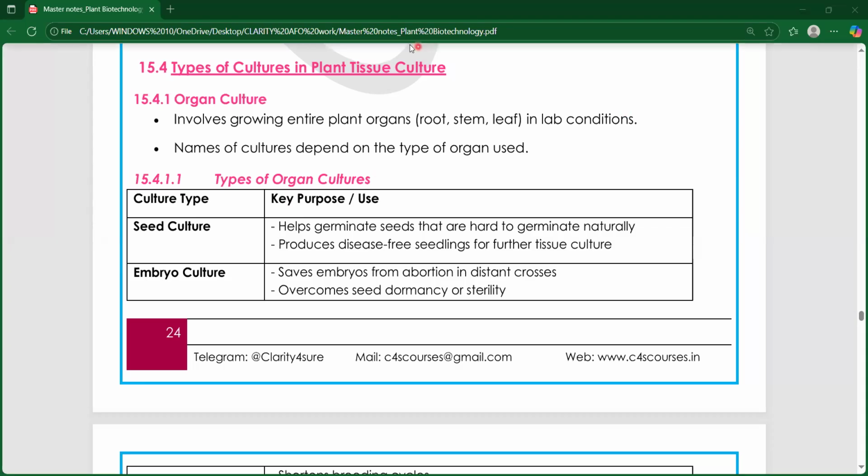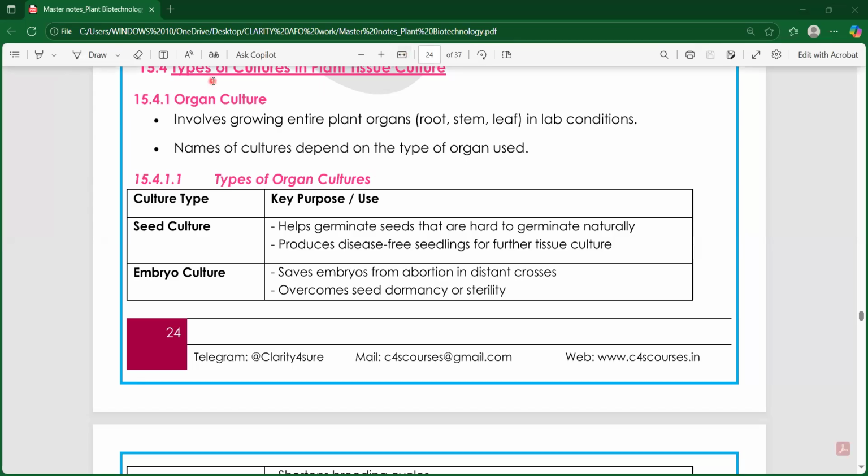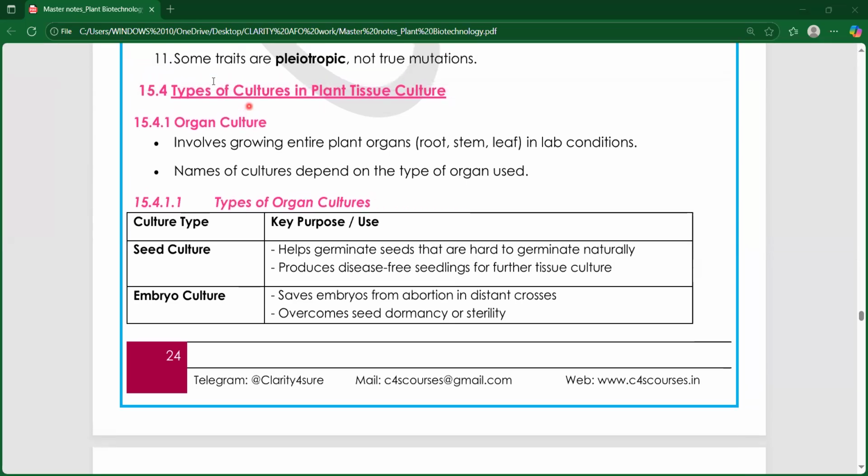Today we will be discussing the important types of cultures used in plant tissue culture, right? तो आज हम different cultures के बारे में पढ़ेंगे और आज हम use कर रहे हैं हमारे master notes on the biotechnology, which is available on the Agri Clarity courses website, okay? सो हम इसी मटेरियल के थ्रू आज हम सारे कल्चर्स को रिवाइज करेंगे फॉर दी अपकमिंग एएफओ मेंस एग्जामिनेशन ओके